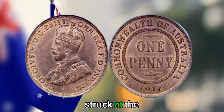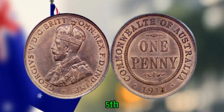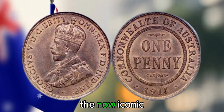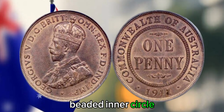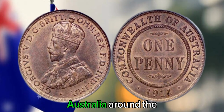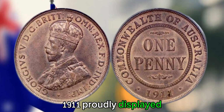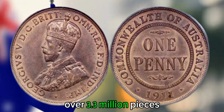This coin was struck at the Royal Mint in London and features the left-facing portrait of King George V, making his first appearance on an Australian coin. The reverse bears the now iconic one-penny design in the center, enclosed within a beaded inner circle, with Commonwealth of Australia around the rim and the date 1911 proudly displayed below. Although the mintage was substantial, over 3.3 million pieces,